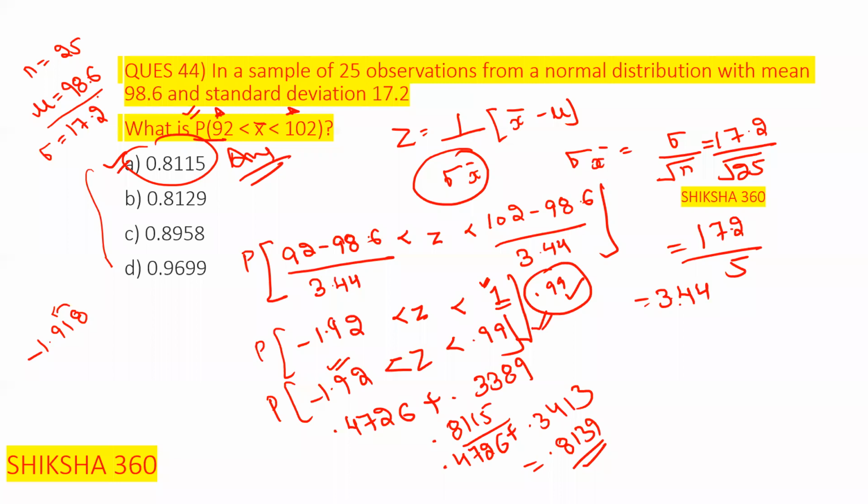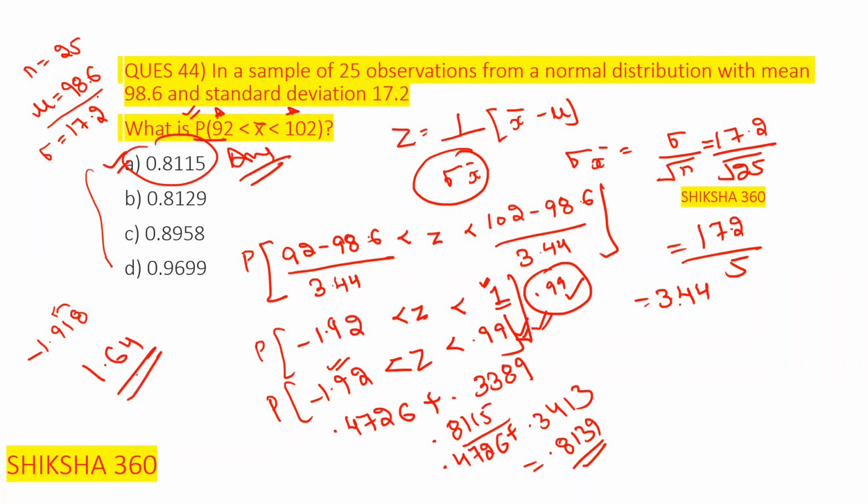While doing the practice, you will be able to understand all these things. Because here they have given x as a little bit less than 102, on the basis of that we will take the value 0.99. If any student has an issue with that, like if they have given 1.64,